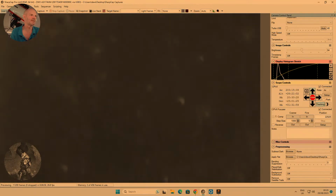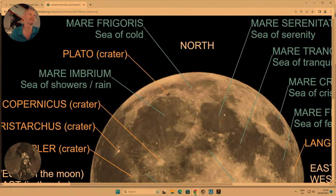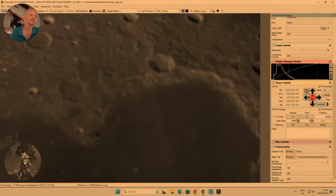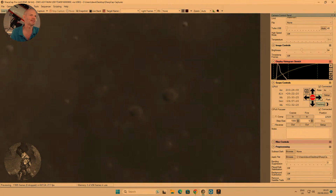So this big flat area, is that the Sea of Tranquility? Sea of Serenity. That's this one. And then the Sea of Tranquility is below it. So let's just go back up and see where we are. So this is the Sea of Serenity. And then there should be a ridge into